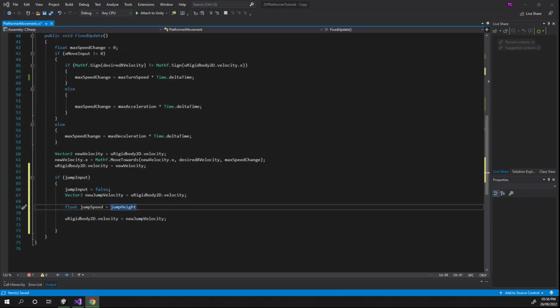Our equation is going to be fairly straightforward, but nonetheless somewhat obtuse, whereby we are going to take our jump height, and we're going to try to convert that into a speed. How fast do we need to move up so that we reach a certain height by the time the gravity takes an effect that reduces the initial velocity of the jump to 0, as in to say, once the velocity reaches 0, that will be the apex of the jump. In this case, what we actually do here is take the square root of -2 and we multiply that by